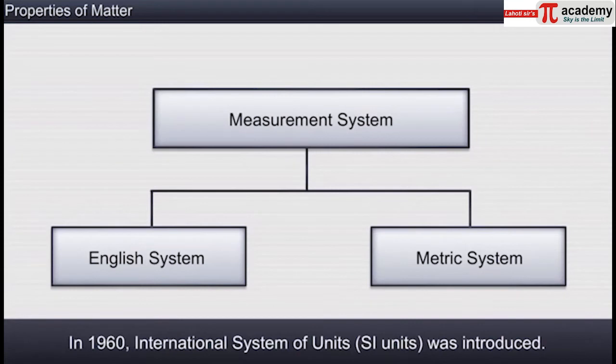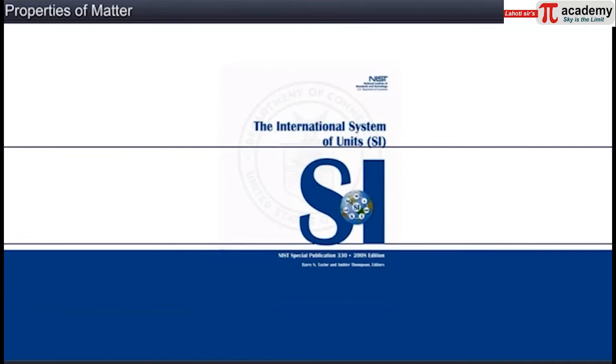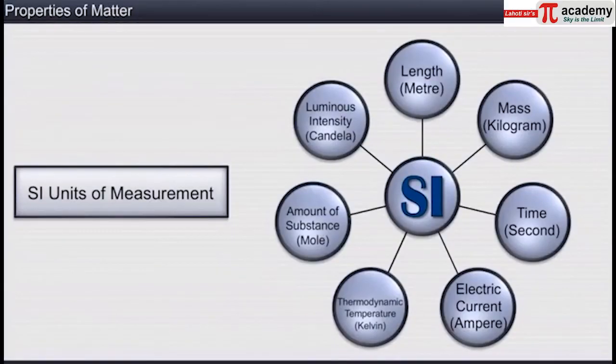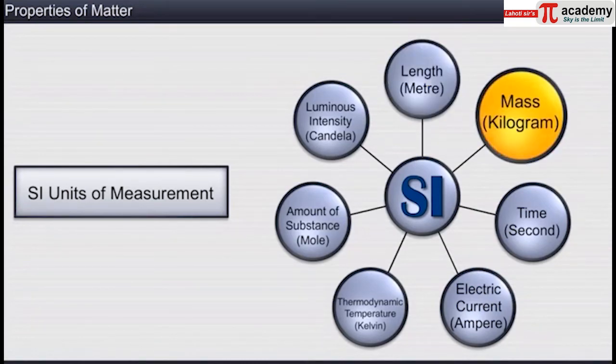In 1960, the metric system was improved at the General Conference of Weights and Measures to create a new system called the International System of Units, or SI, which is short for System International in French. The SI unit pertains to 7 fundamental scientific quantities: They are length, measured as meter, mass measured as kilogram,